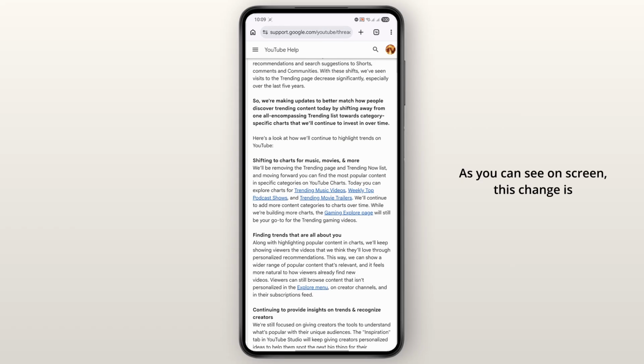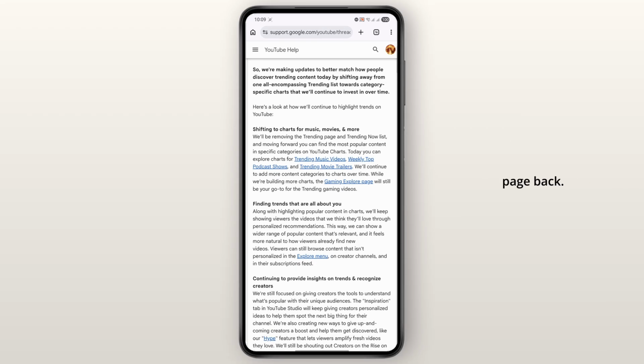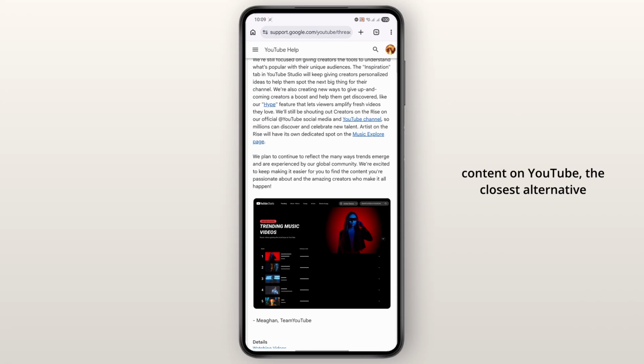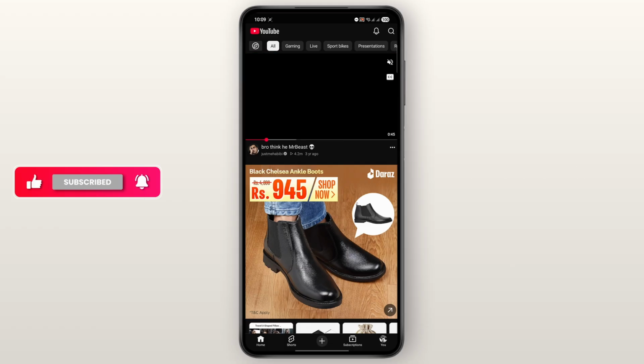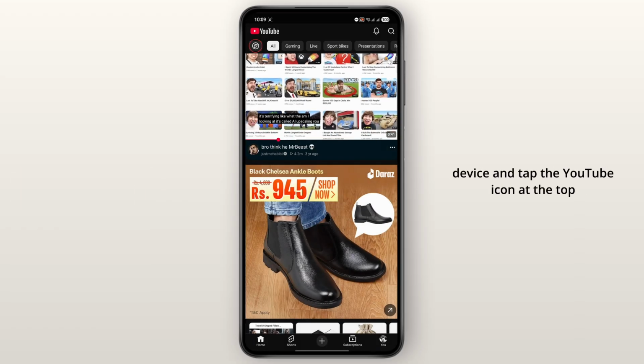As you can see on screen, this change is confirmed, and there's no way to get the old trending page back. Following this, if you still want to find popular content on YouTube, the closest alternative is through the Explore section. From here, open the YouTube app on your Android device and tap the YouTube icon at the top left